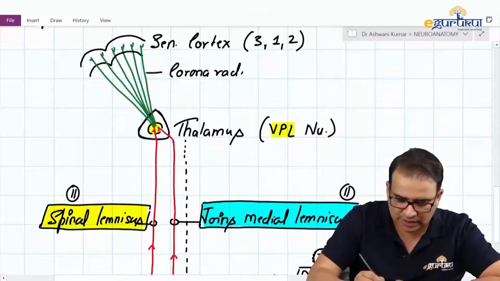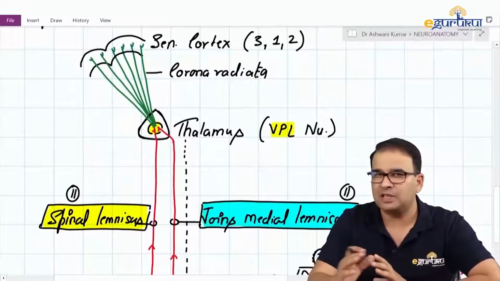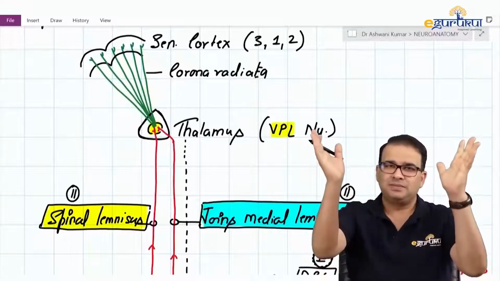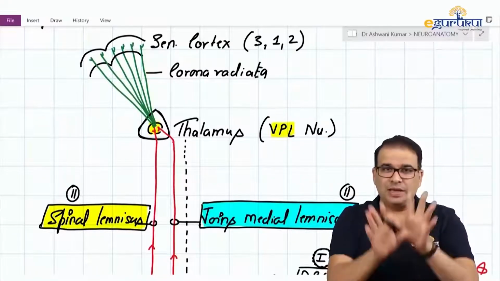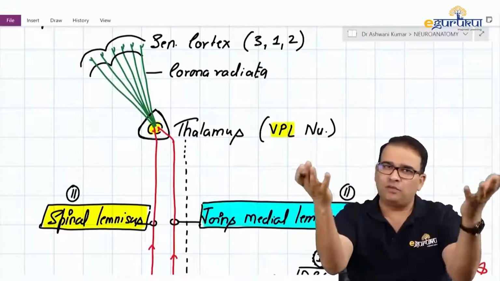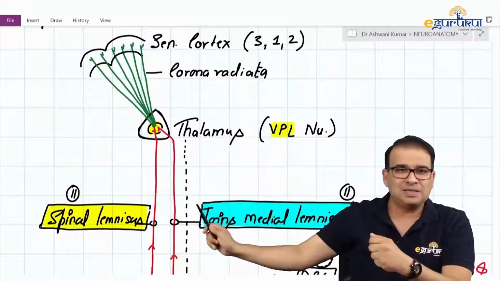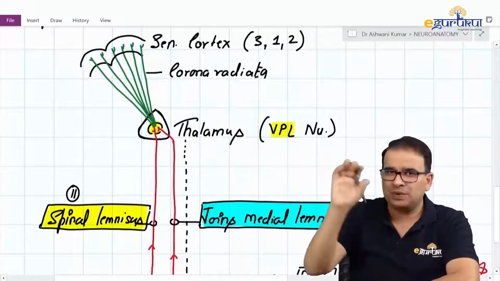But see, the problem with this word is, corona radiata is a very, very vague term. It's a very huge term. Corona radiata means all the ascending fibers and even descending fibers also. Whatever fibers are going into the cerebrum and coming from the cerebrum, they all form corona radiata only. So this is not only about the sensory. We are discussing a sensory tract, an ascending tract. So yes, we can say corona radiata, but more precisely,